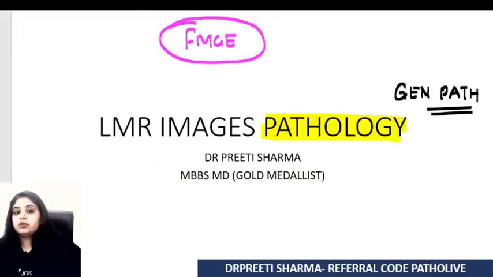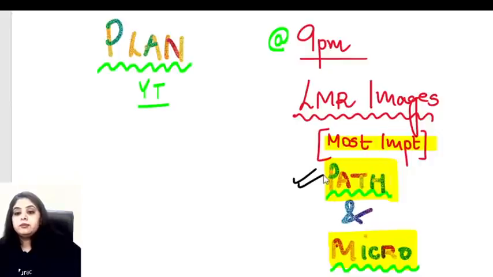Now, you know this is an ongoing series, so this will be uploaded on a daily basis between 9 and 9:30 on the Unacademy YouTube channel. First, we'll be covering all the images of path. So from tomorrow, we'll be starting off with a couple of systemic path images. And thereafter, finishing path with systemic, hemat and blood banking, we'll be moving on to micro. Closer to the exam, you'll get to revise all the culture media and the bacteria and viruses. That will be a good rapid revision.